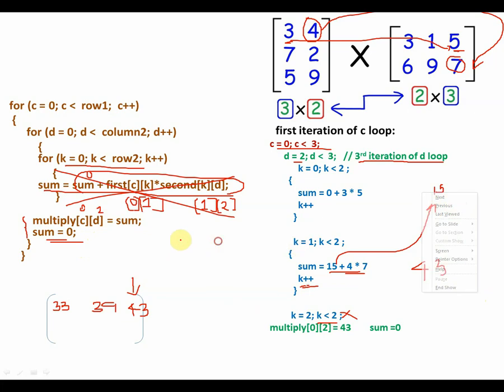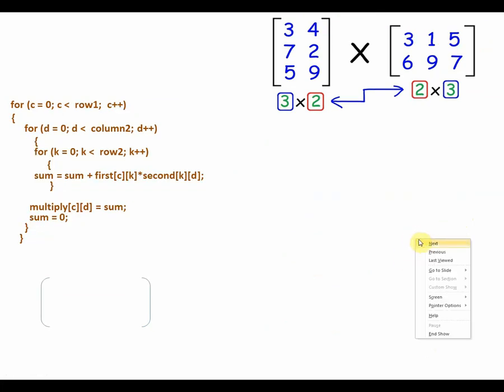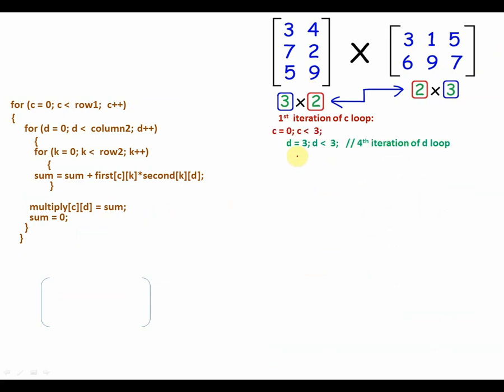And you go ahead with, actually what happens is you would perform from here, you would perform the next D for loop. Okay, so D will be then incremented. D will be now 3. You have to check, let me write that over here, is 3 less than 3?